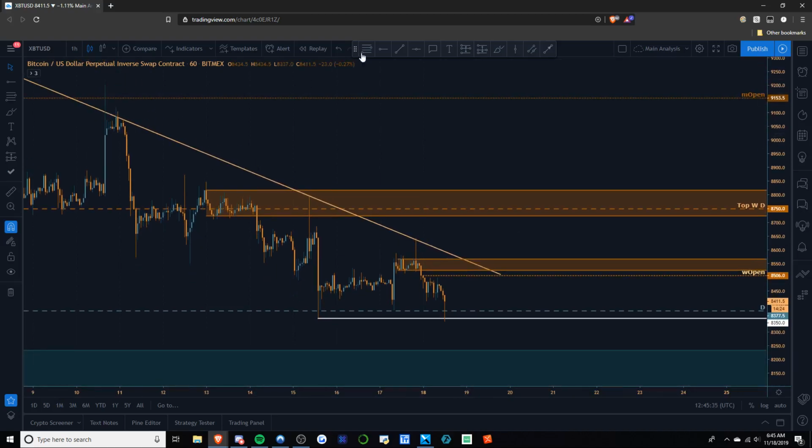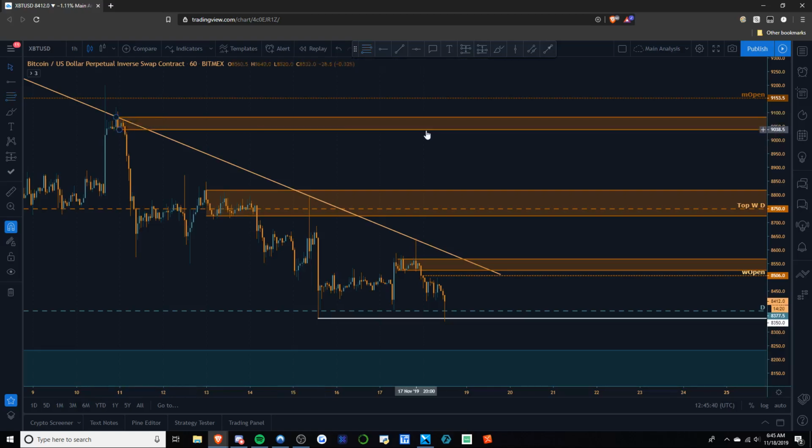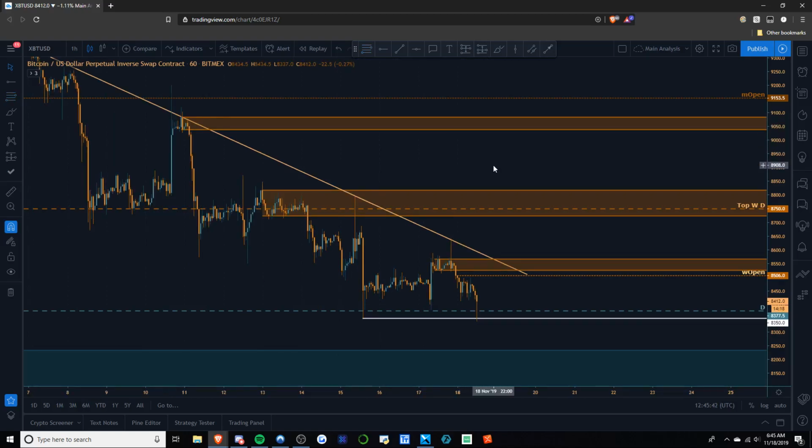Above that, I'd be looking at this supply zone. I was waiting for this to get hit so I could short that, but haven't got it yet. I think above the weekly open, this should be your first take profit. Then I'd be looking up here at 9K. 9K through 91.50 up here to the monthly open. I think those are good areas to short, or at least take profit. We'll have to see how the price action is whenever we approach these levels, obviously, but